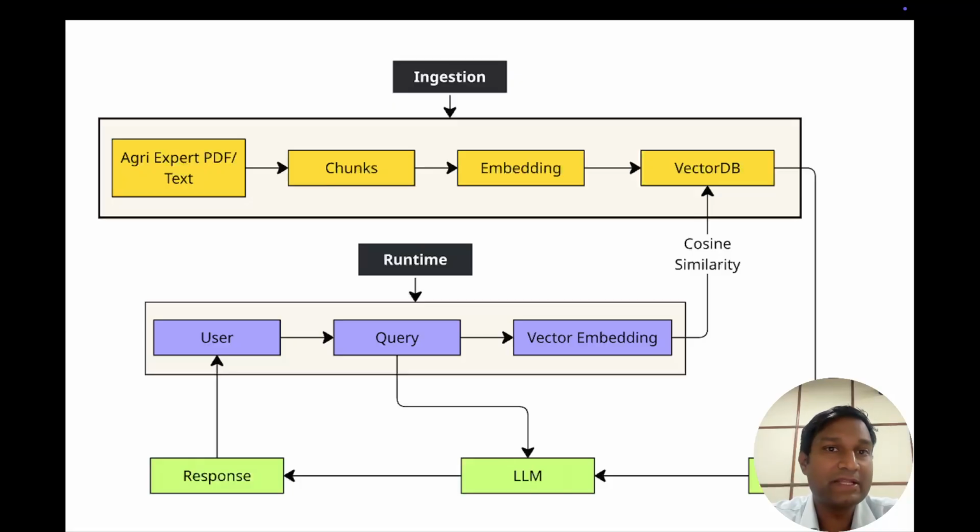So let's first look at the ingestion phase. In the ingestion phase, there is an expert who prepares a PDF or has a text document, which is converted into chunks or small pieces. These chunks are converted into embeddings using an embedding model, and these embeddings are stored in a vector database. The purpose of this activity is to make sure that the input data is converted into vector embeddings and stored in the vector database, so that the searches of any user which come in the future are compared against those vector embeddings using cosine